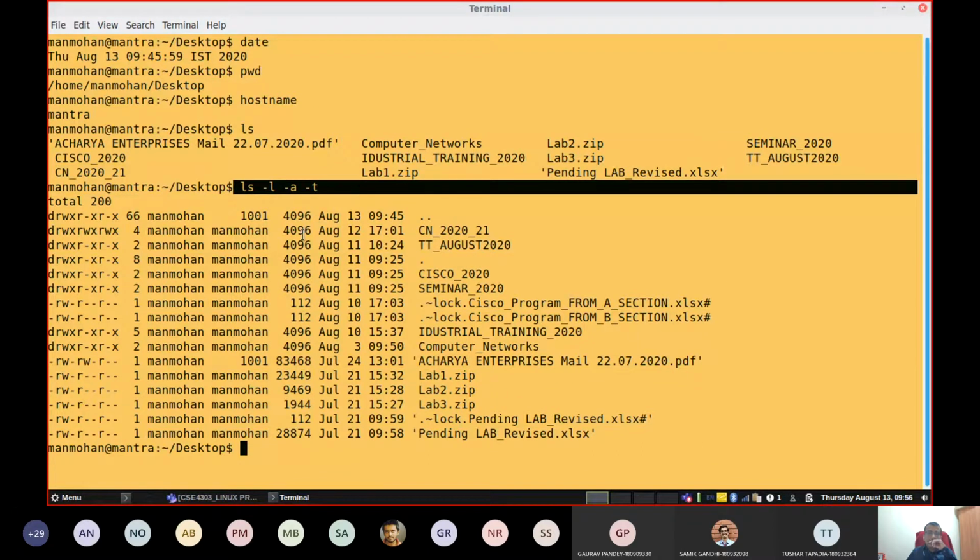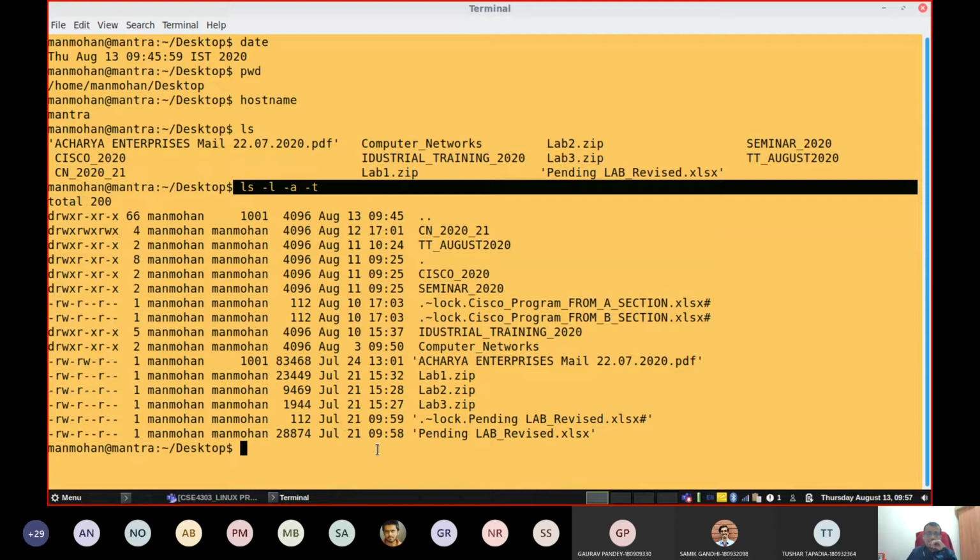Here what happened is that with the -l, you are going to get detailed information regarding the file. But again, all these files are sorted in time also. Latest files will come at the top, old files will go to the end.